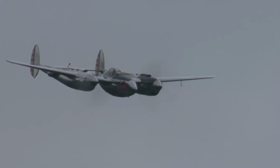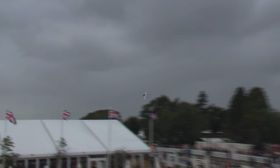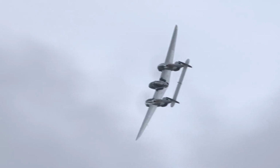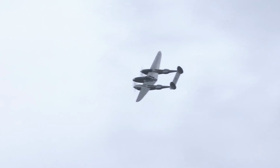Two big air intakes at the end of the engine nacelle. Can you see them? Feeding cooling air to the engine. One intriguing thing about the Lightning, well, there are so many intriguing things, but normally if you lose an engine on takeoff, which is not a fun thing to do, you ram the other engine, the surviving engine, into full power to maintain height. With the Lightning, that is fatal, because the